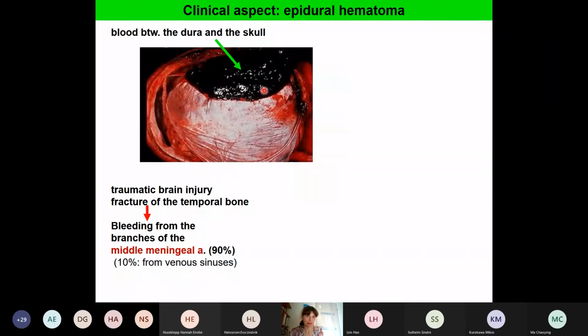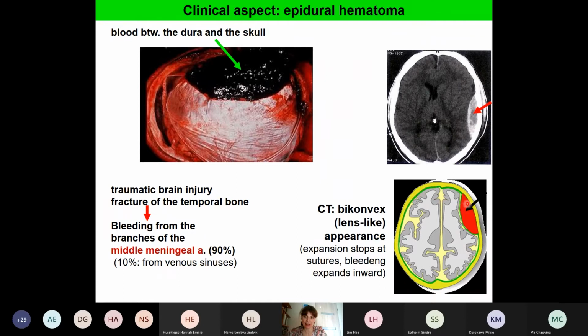It means if we have blood, a hemorrhage between the dura and the skull, as you can see in this picture, and it is a type of traumatic brain injury followed by fracture of the temporal bone. Mainly, this is a life-threatening situation because the blood extends, and if you make a CT picture, you will see a lens-like biconvex appearance of this blood, because the expansion stops at sutures where the dura is fixed to the calvaria, and then the bleeding expands toward the brain tissue,